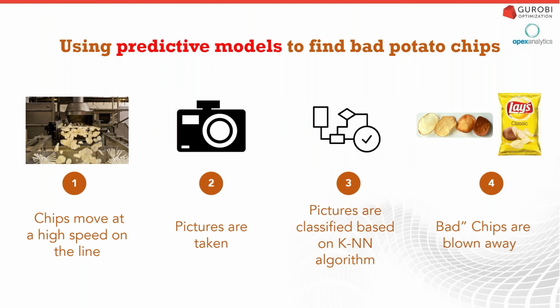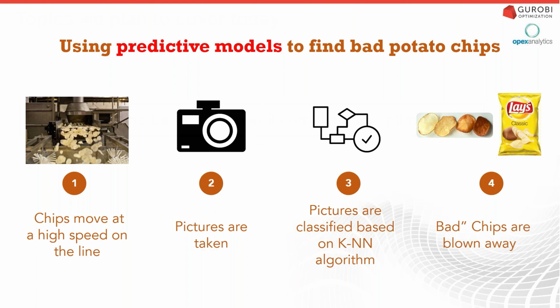Let's come back to our chip example. And how do we find a bad potato chip and kind of tie that to this? I thought this was an interesting story about the use of predictive models. So in the manufacture of chips, these things come off the production line and enter into a conveyor, and this conveyor is very fast moving. And what happens is a picture is taken of each of the chips, and the system remembers where that chip is relative to the others on the conveyor. Then there's a machine learning algorithm that's applied, probably a k-nearest neighbor type of algorithm, where it compares a particular chip to the database of good and bad chips and figures out, is this new chip good or bad?